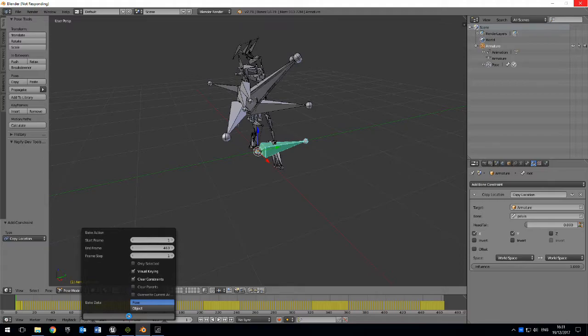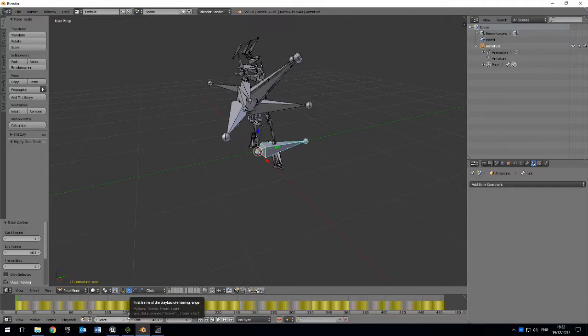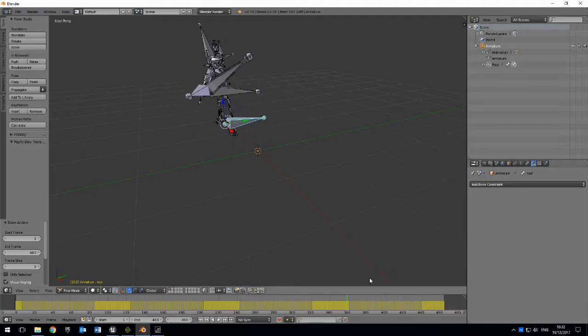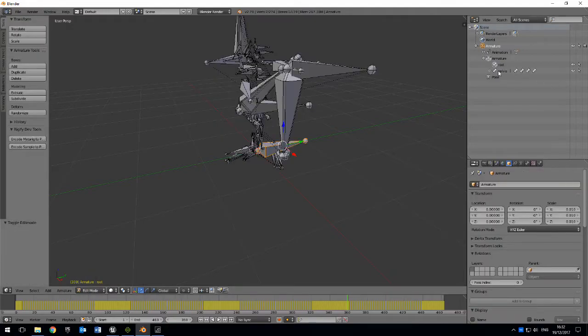But with a longer animation, it's a bit longer, which is frustrating. And now the keyframes are baked, there's no constraint anymore, and we've got what we wanted. So going back to edit mode, I now need to reparent the pelvis, shift-clicking root to the root bone. So I press, I think, Control P, yep, and then keep offset, otherwise it will snap up to it. And we can see, yeah, you've got a little line,